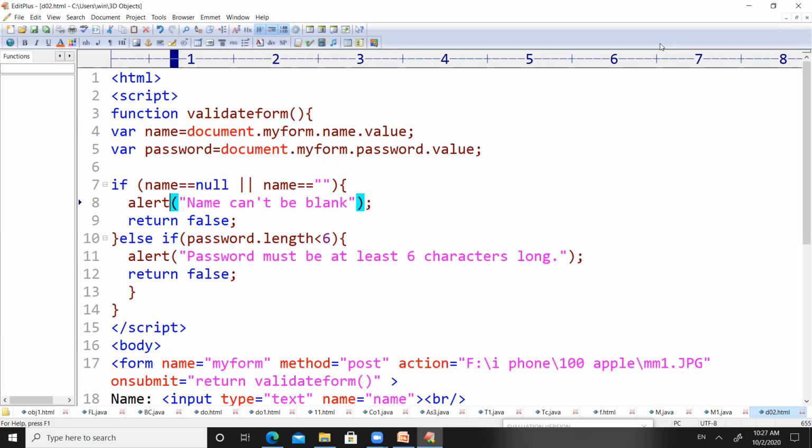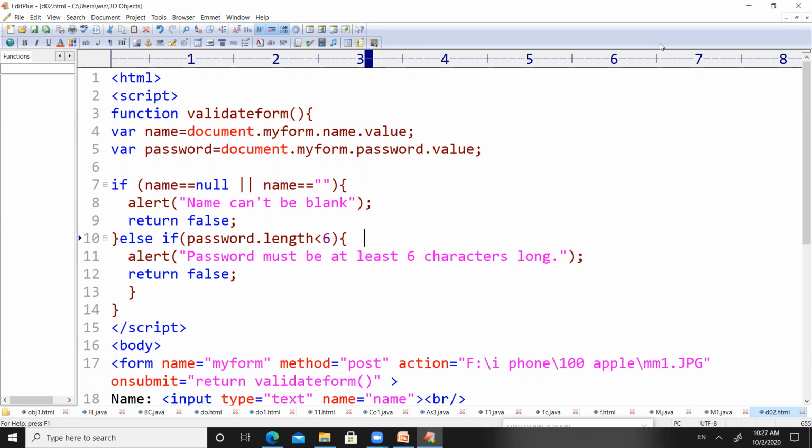We all know the alert box and confirm box. We have already studied them in HTML. So the people who don't know what is alert box and what is confirm box, please go through the video, right? So in case the name field is empty, we are going to generate an alert message stating that the name cannot be blank.